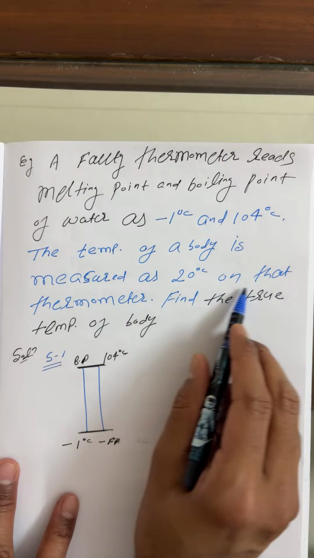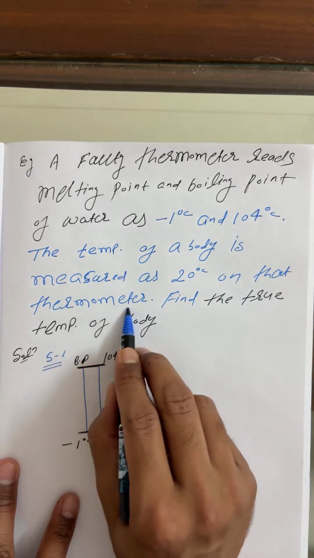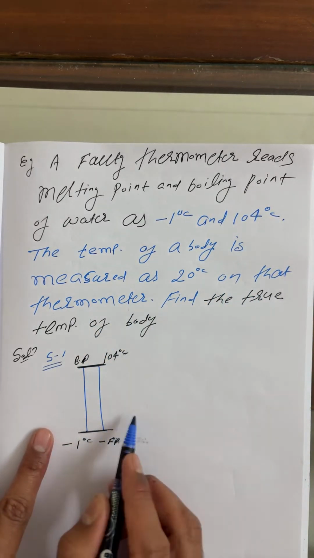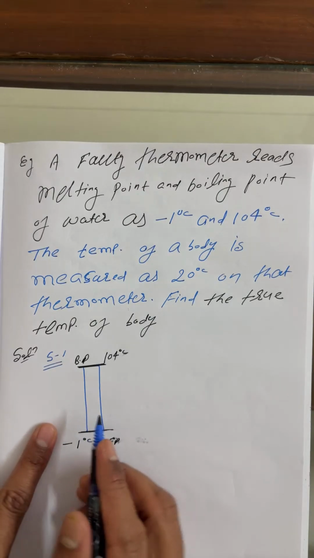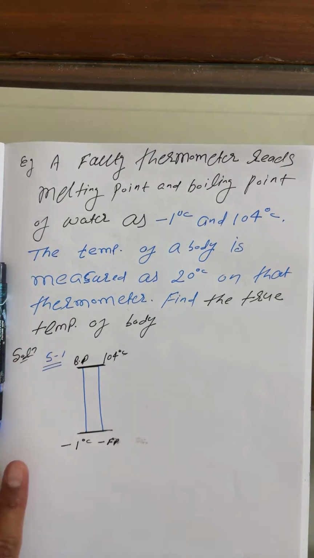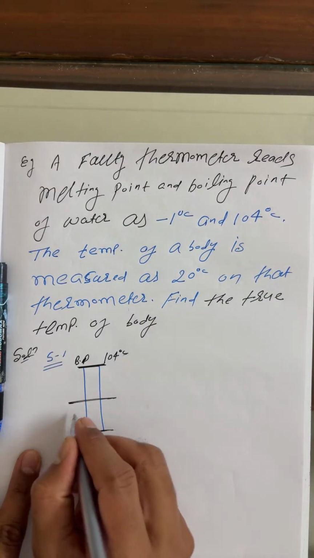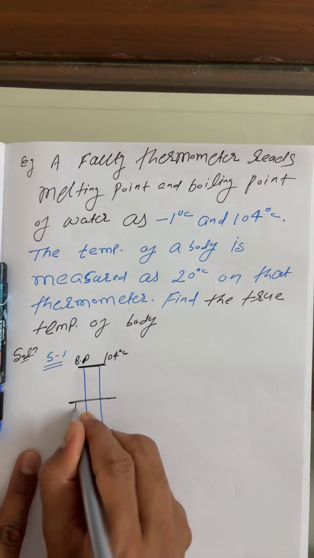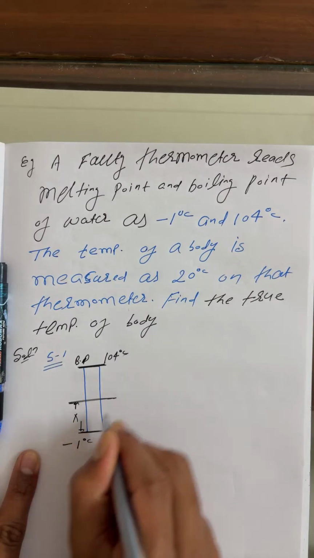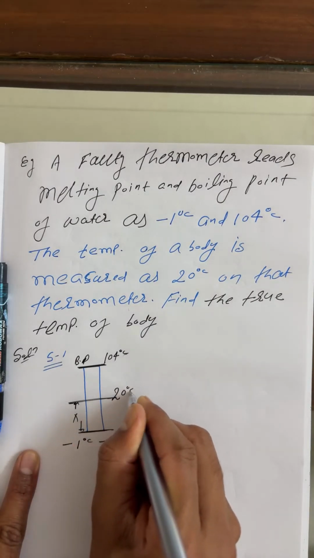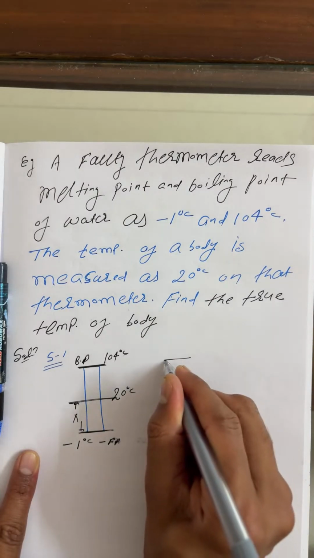The temperature of the body is measured as 20 degrees Celsius, and that of the thermometer, beta, I can say is faulty. On the faulty thermometer, what they measure is 20 degrees Celsius. You can say this is the scale reading. At any value of x, this is 20 degrees Celsius. Simple. You can draw